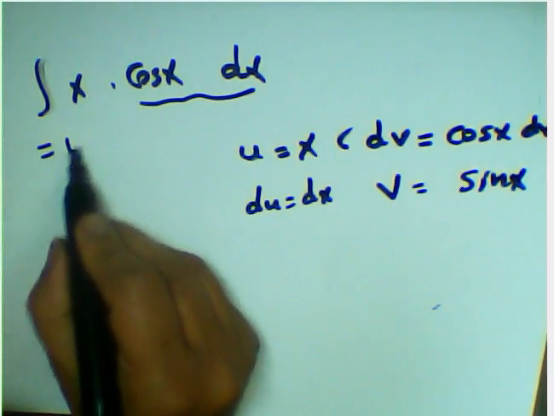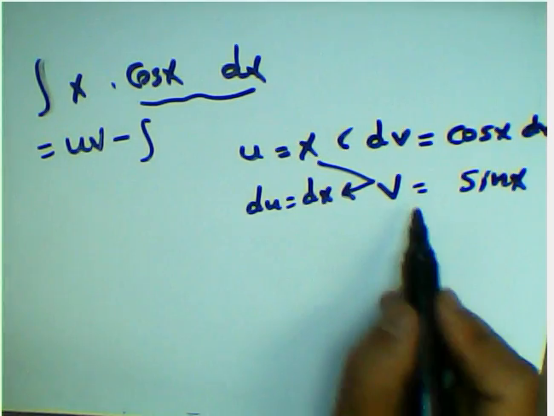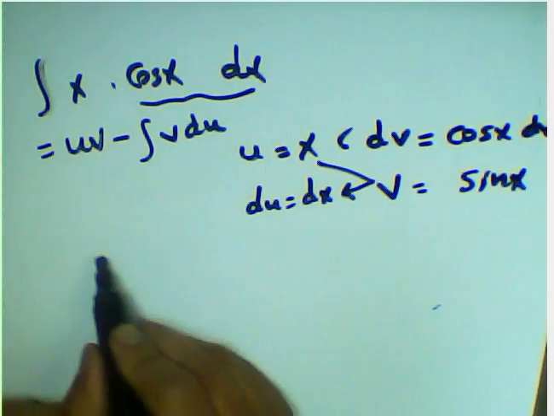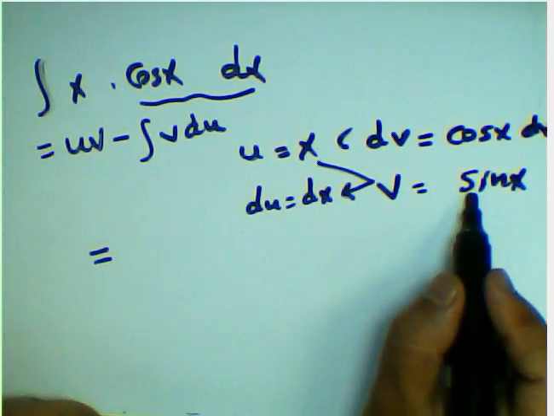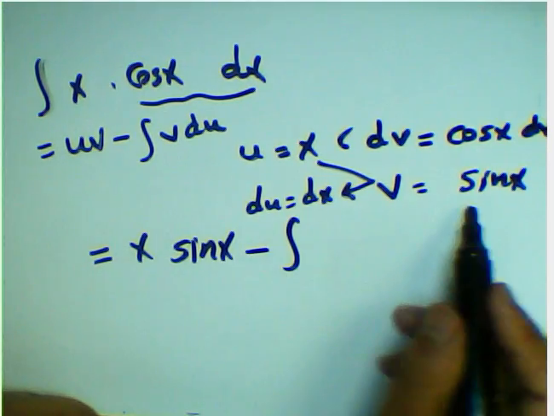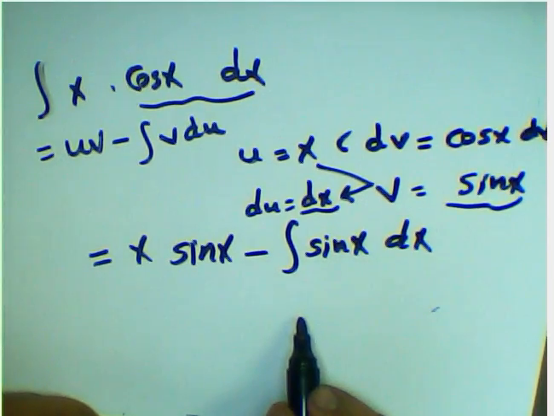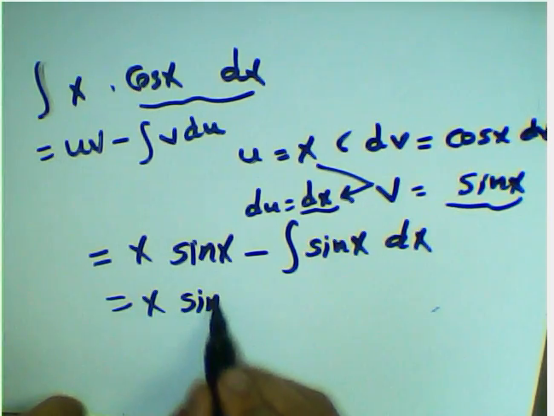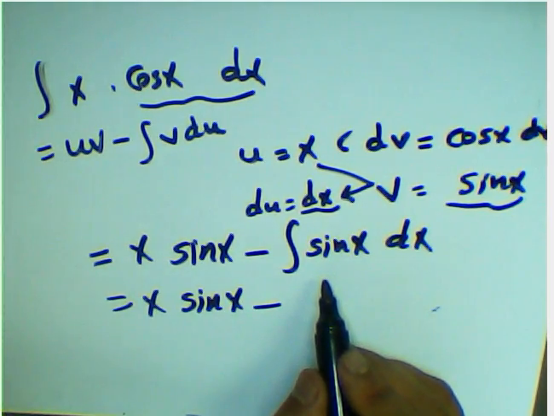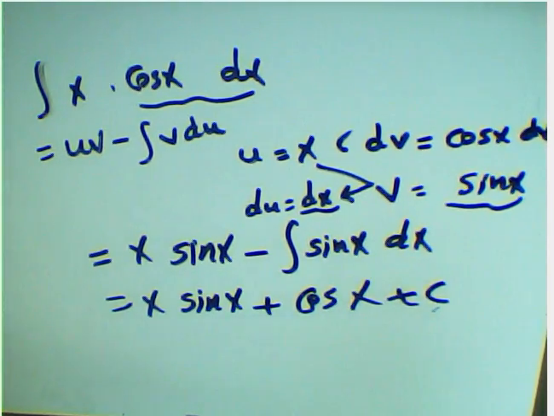Using the rule u multiplied by v subtract the integration of v du, the result will be x sine x, subtract the integration of sine x dx. The integration of sine is negative cosine, and negative times negative equals positive. That's the result. Next question: integration of x multiplied by e power x